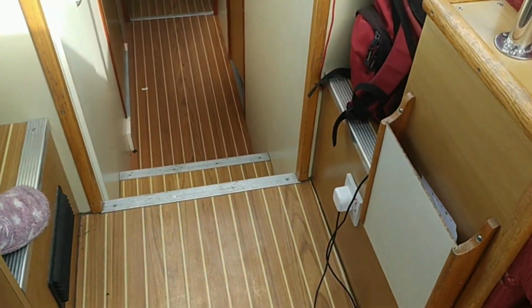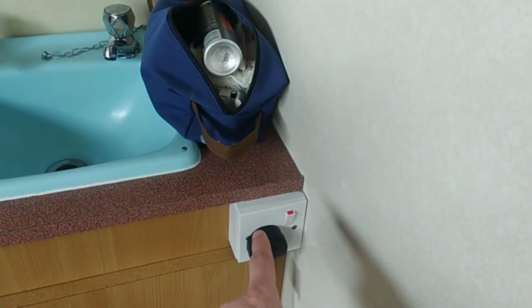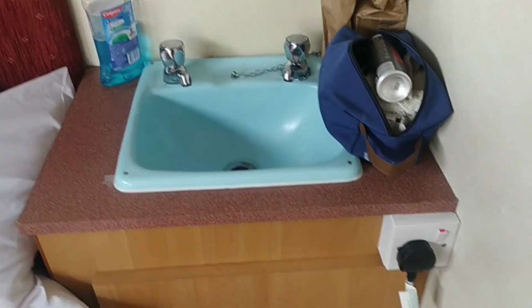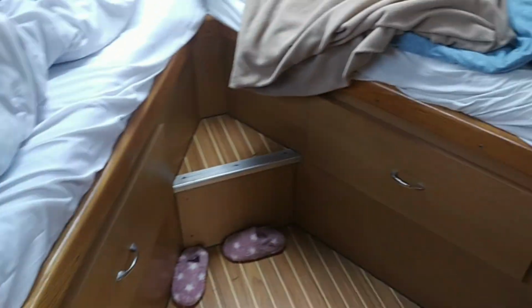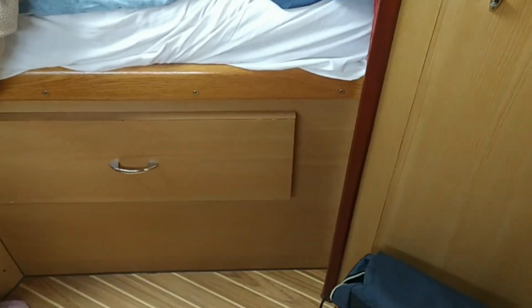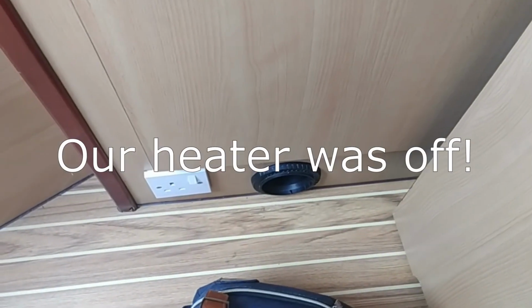So let's show you where they are. One is down here, next to the helm. We've got one in the master cabin, next to the sink. Who said water and electricity don't mix? And there's another one in the forward cabin, next to this bunk. Oh, it's under here, underneath the wardrobe. Incidentally, don't block those black pipe holes, that's where the heater comes out, but for the moment that bag's not